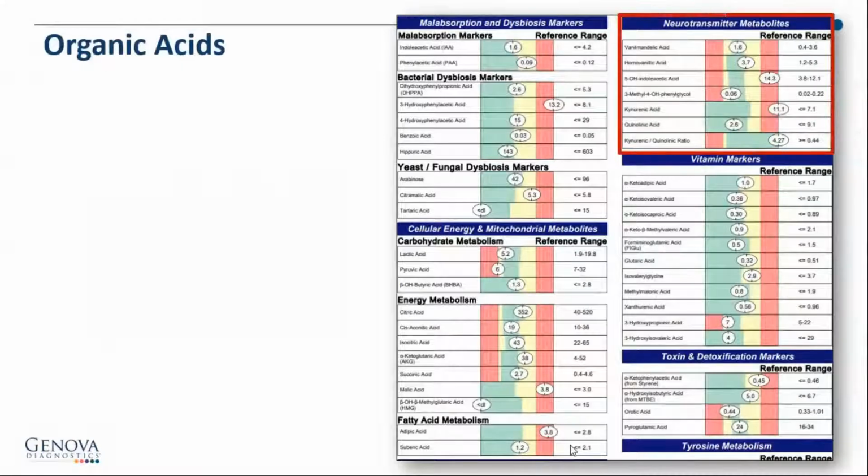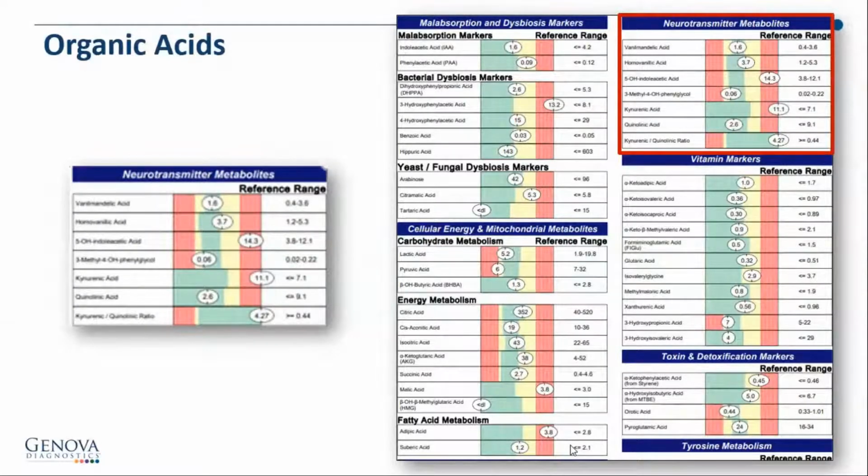Next, we have our neurotransmitters. And so when we look at the neurotransmitters, remember we had those pathways. Here we have that 5-hydroxyindoleacetic acid elevation. Remember, we go from the tryptophan to 5-hydroxytryptophan to serotonin, mostly in the gut. So this elevation could speak to more gut support as far as the need for gut support, but also may speak to the stress and the upregulation of